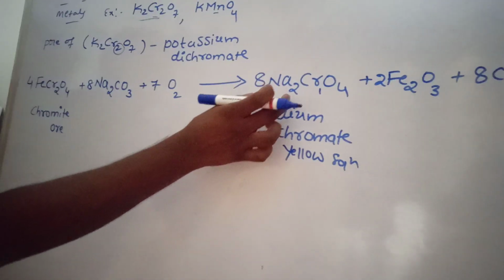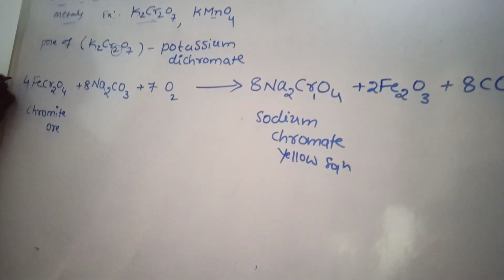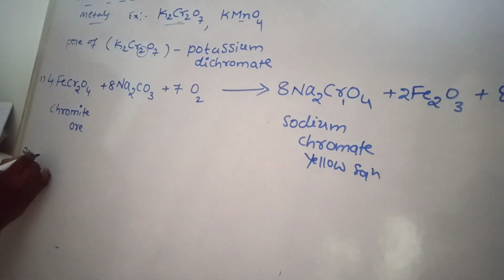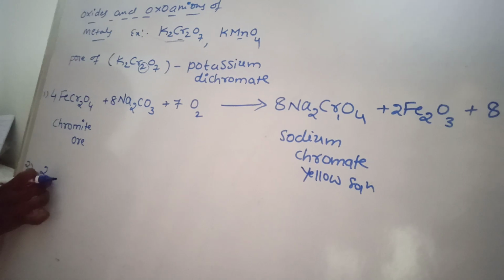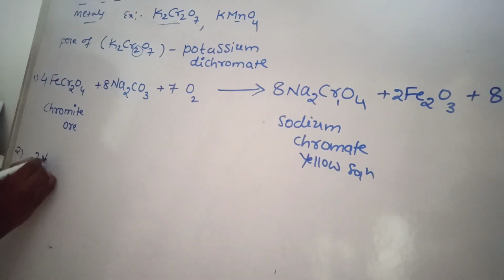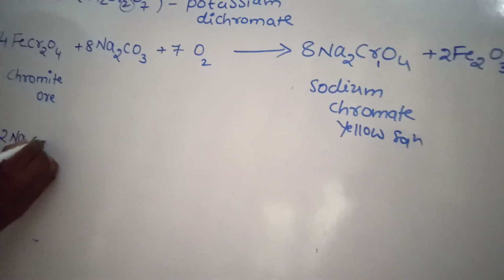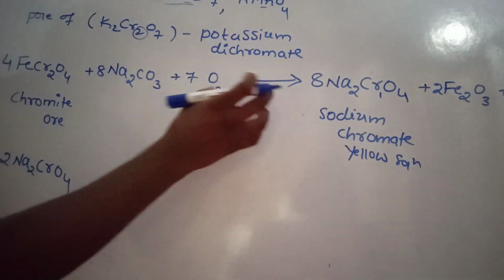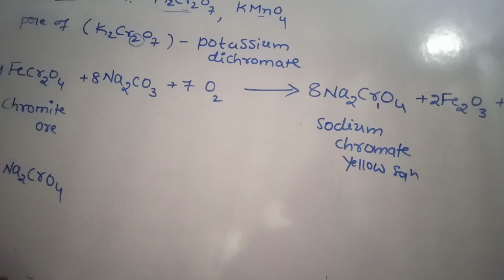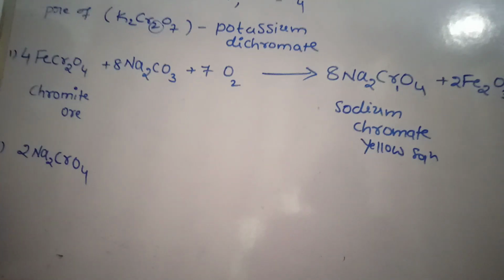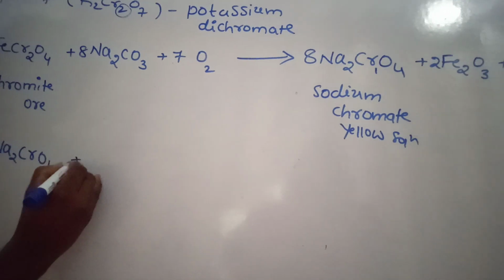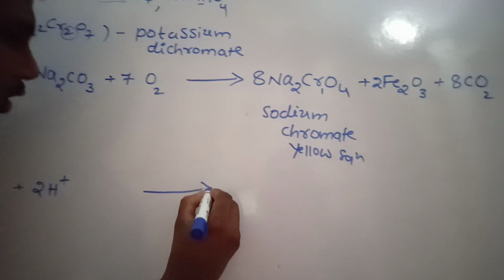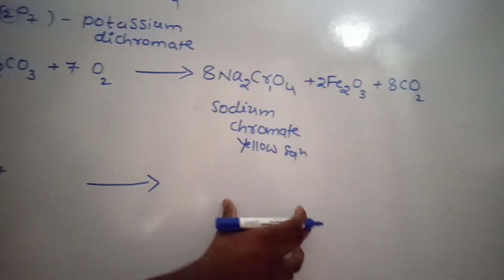Okay, the formation of sodium chromate I will repeat here. This is the first step, and now the second step. I will write this one here, 2 moles of Na2CrO4. In the first step only you have to do hard work. The second and third steps are very important. Under the presence of acidic medium it gives. No doubt about it. Here, for the products, no need to mug up.